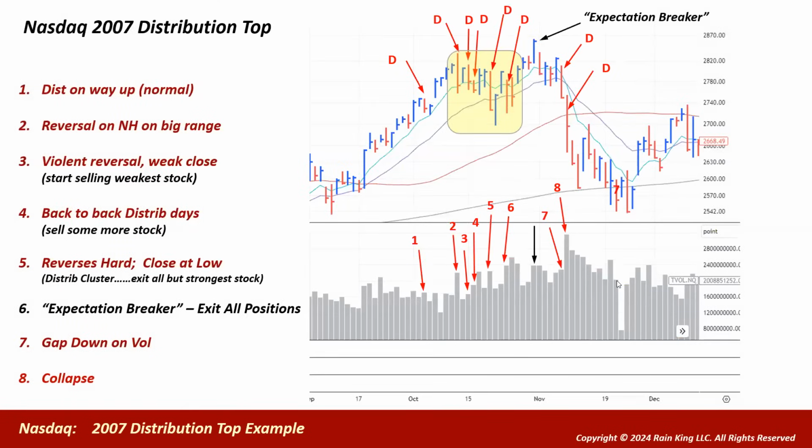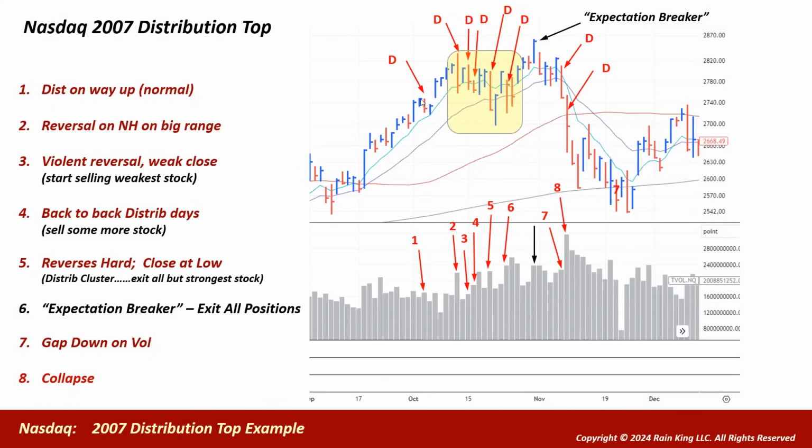So essentially, market tops are created in 2 ways. You can have a climax top, or you can have really what I call a distribution top. Distribution tops don't mean the entire uptrend is over, but it definitely means there might be a pause, or maybe an intermediate term correction of 8 to 12% when you have a lot of distribution. So here's the 2007 distribution top in the NASDAQ, and I thought this would be a good thing to walk through. So I've marked here the distribution days and also some commentary.